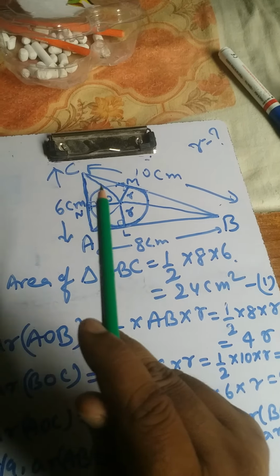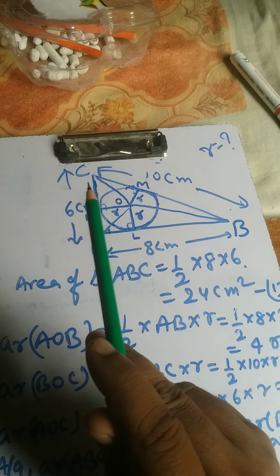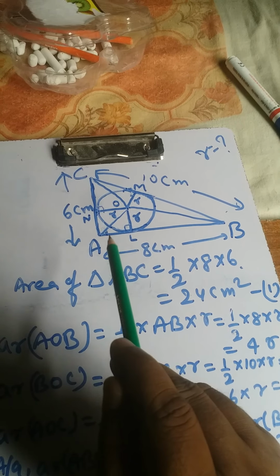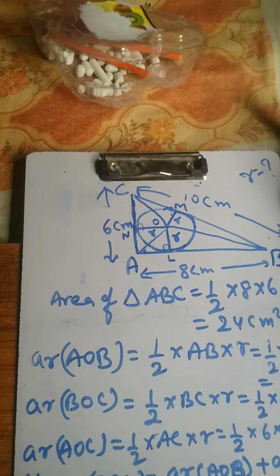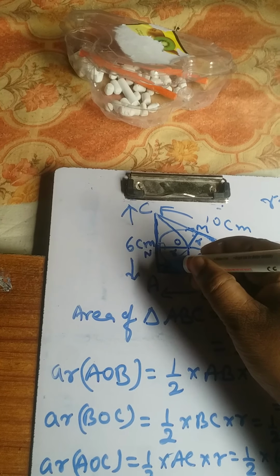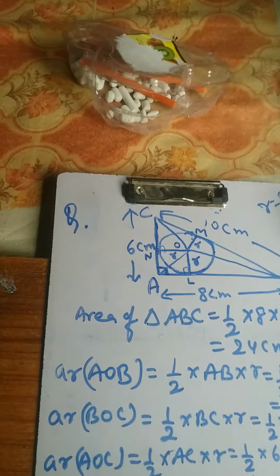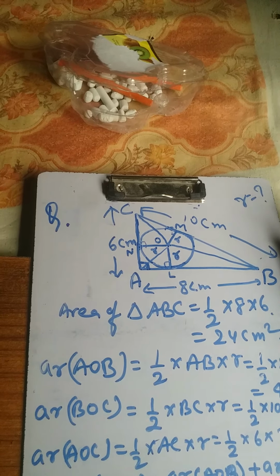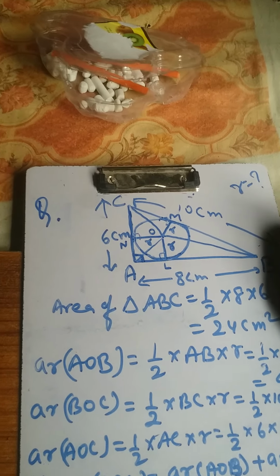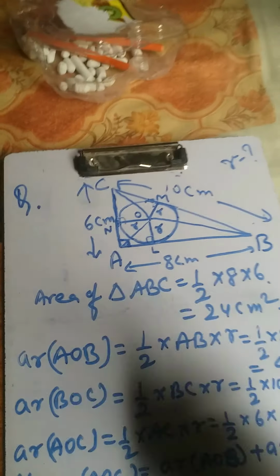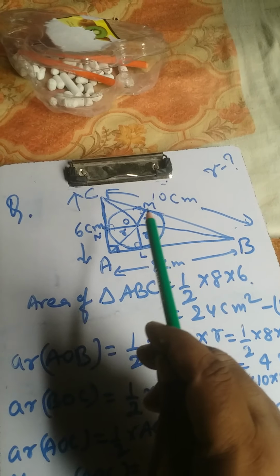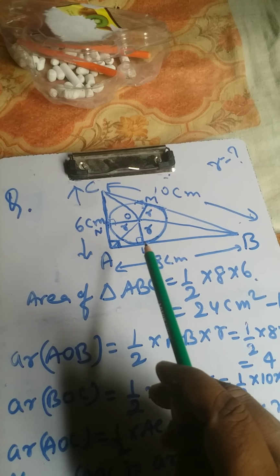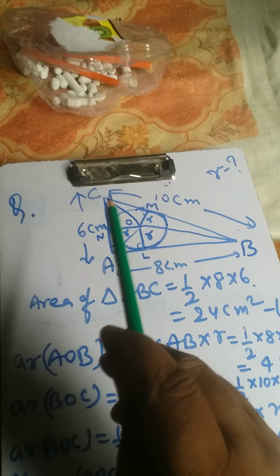Okay, look, it is a right angle triangle. Here angle A is 90 degrees, so the 90 degrees is shown. Now here it is an incircle with radius small r. Incircle means touching all the sides from inside, and these sides behave like tangents.